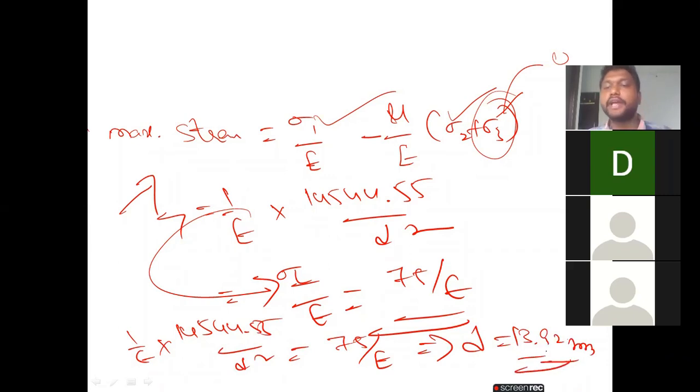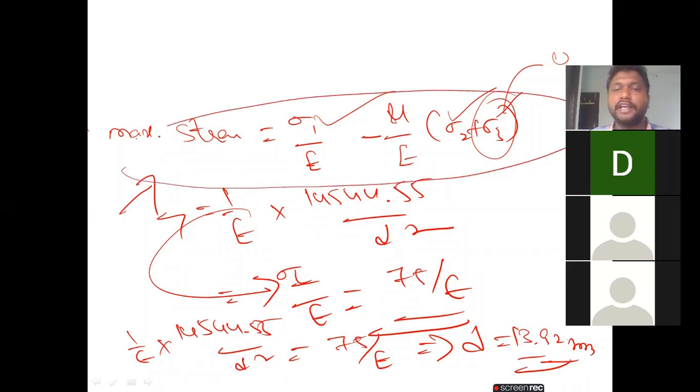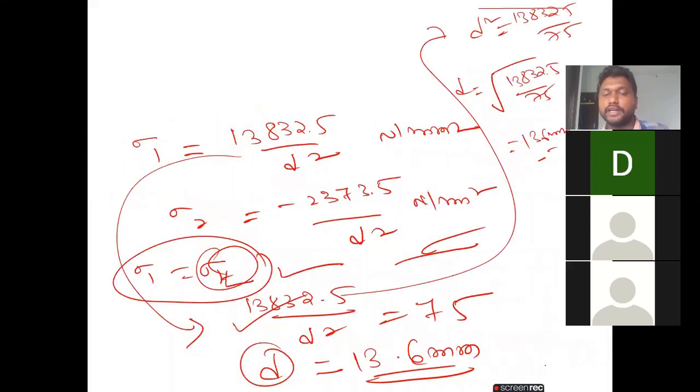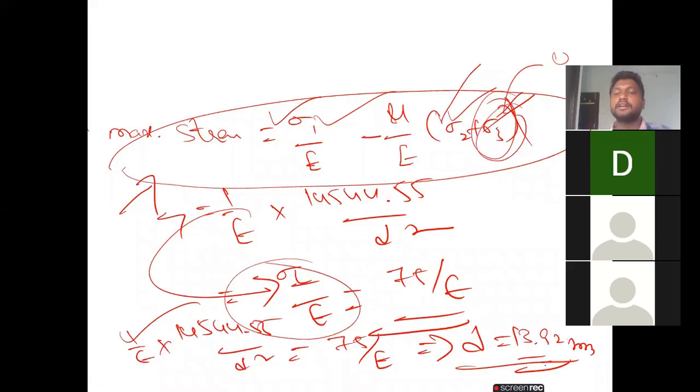So my dear students, it is very easy. This formula we know already. Sigma 1 we calculated, sigma 2 calculated, sigma 3 here is 0. And the strain formula is sigma t by E, that is the maximum strain due to permissible stress. We equate both, then finally we get the diameter. As per the principal stress theory, we have to calculate like this: sigma 1 equals sigma t. That is the condition.